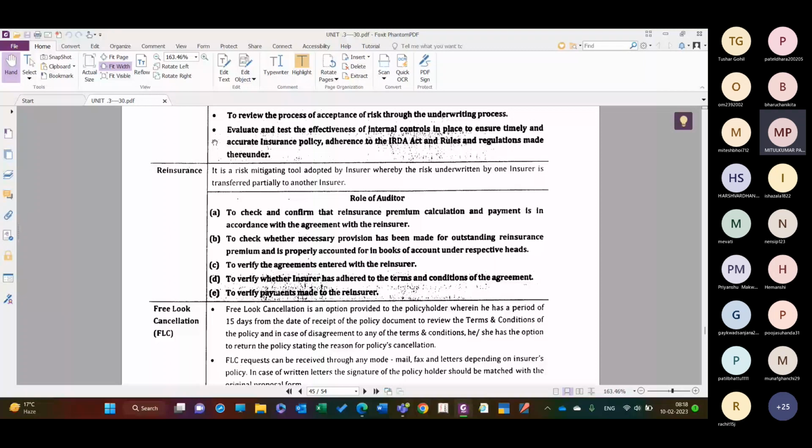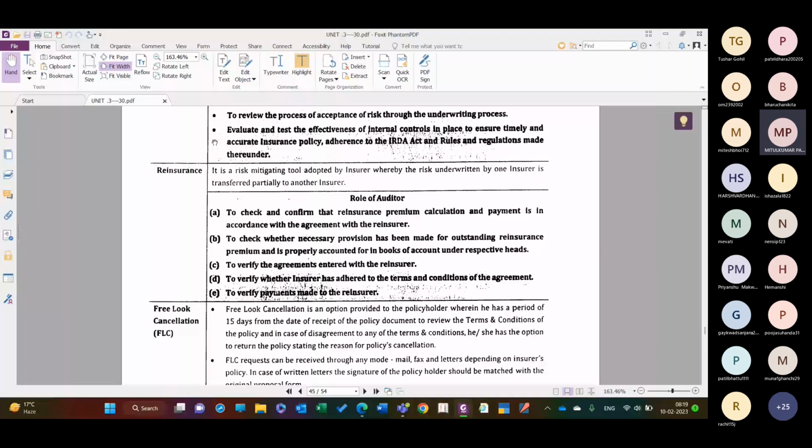Now sometimes for celebrities and big sportsmen like Virat Kohli, Amitabh Bachchan, Narendra Modi ji, politicians, right, those who are in the public domain or very, very famous, their life insurance policy amounts will be very, very high. So in those circumstances, one insurer can't afford to cover it all alone.